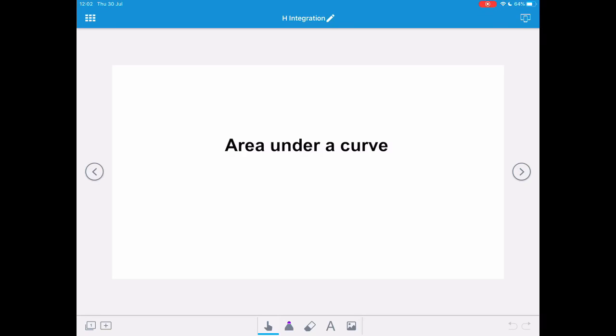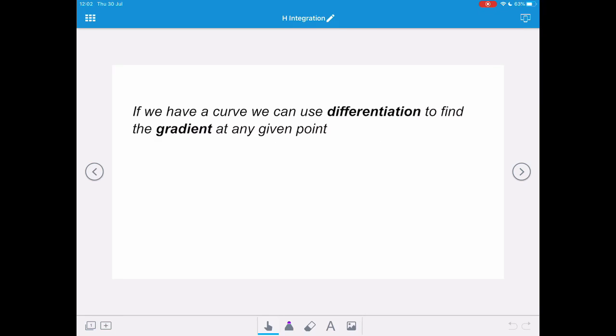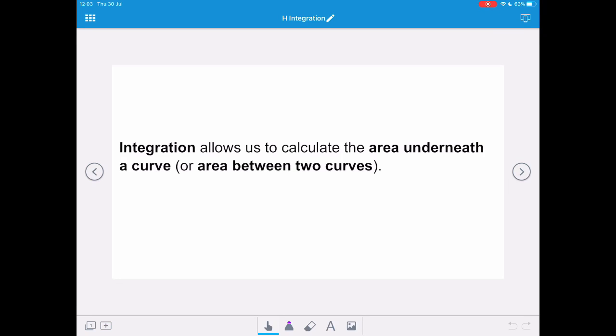Finding the area under a curve uses the fundamental theorem of calculus, which links differentiation and integration. If we have a curve, we can use differentiation to find the gradient at any given point. Integration allows us to calculate the area underneath a curve, or area between two curves, if we find the points